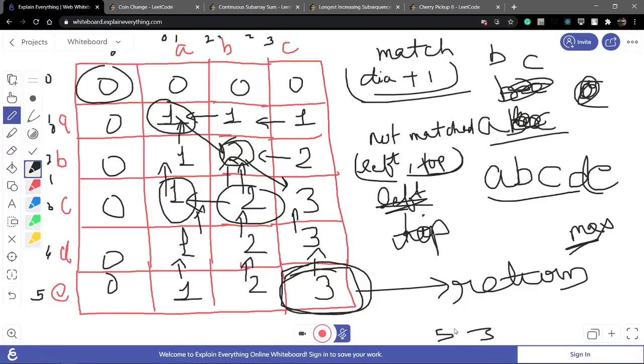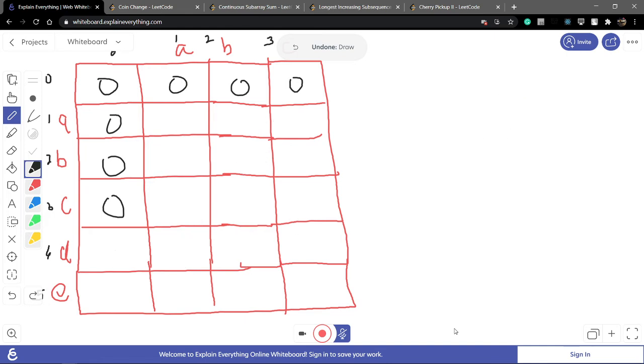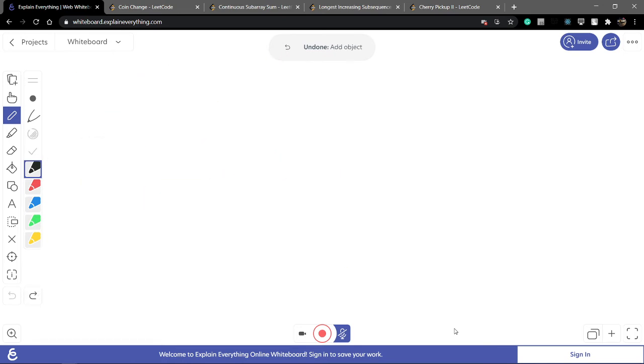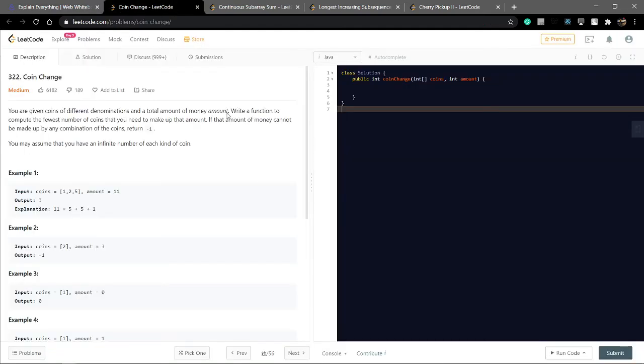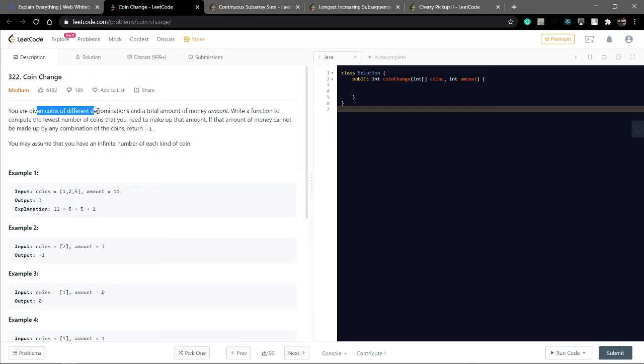Okay. Now we have removed the first one. Now discuss. You are given coins of different denominations and a total amount of money.